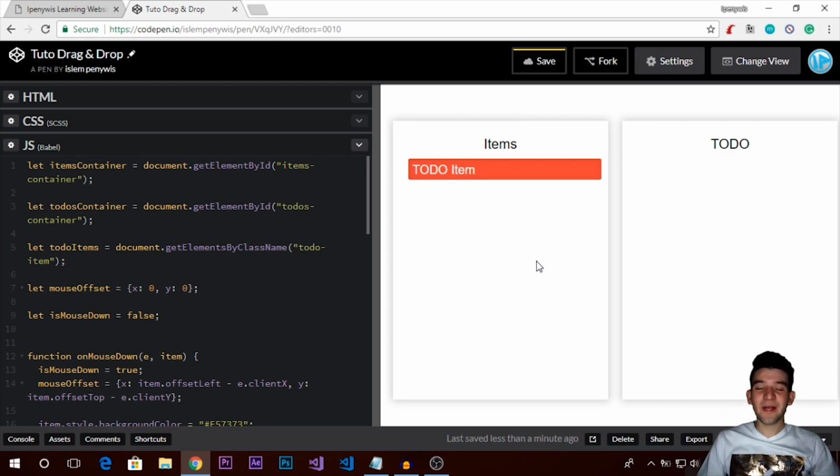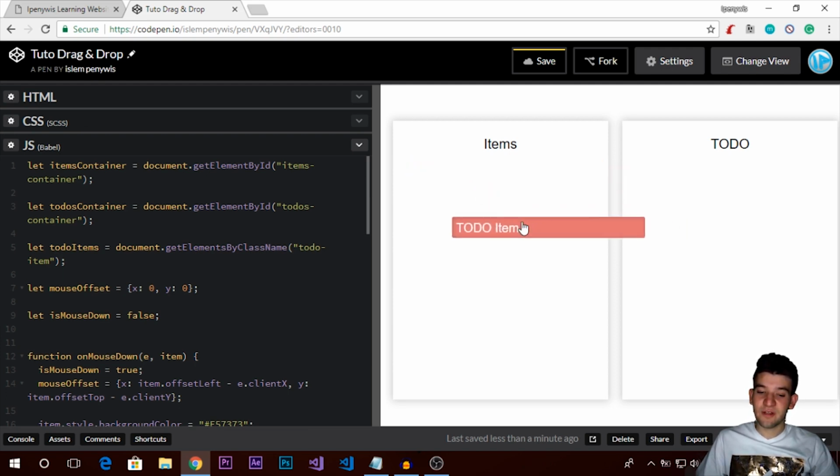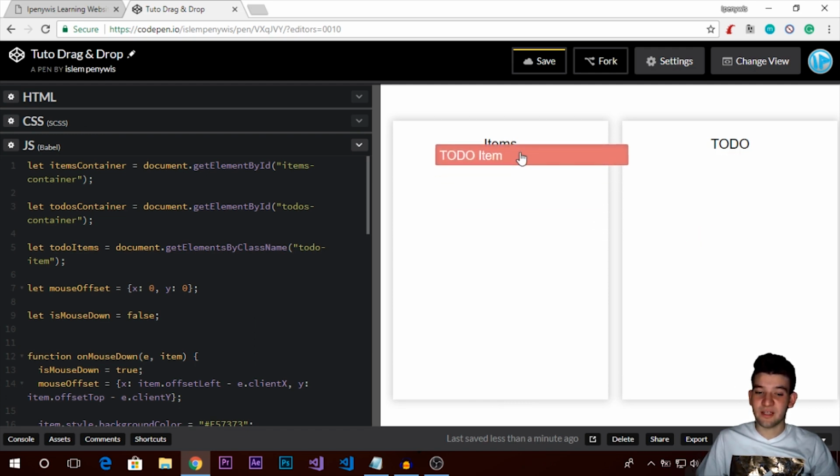Welcome to a new video, or to part 2 of making the drag and drop using native JavaScript. So here we are in the second part after covering the first part, only the dragging system. So the click, moving the item around the page, nothing more, nothing less. All we have implemented in the last video tutorial is just dragging the to-do item around the page, and